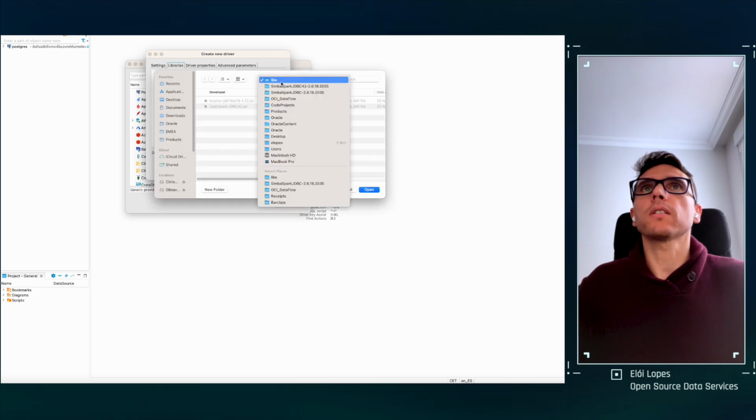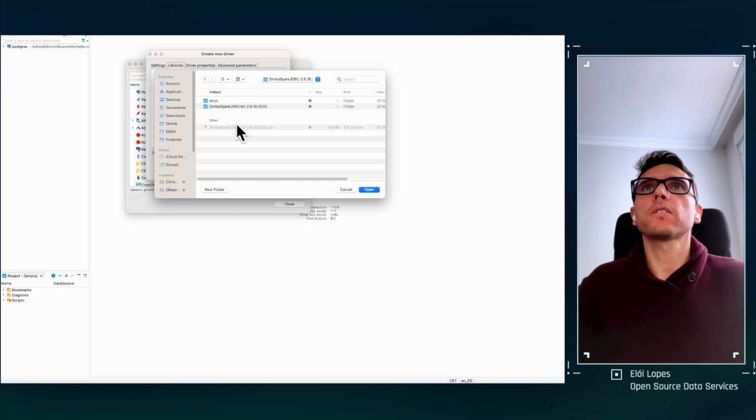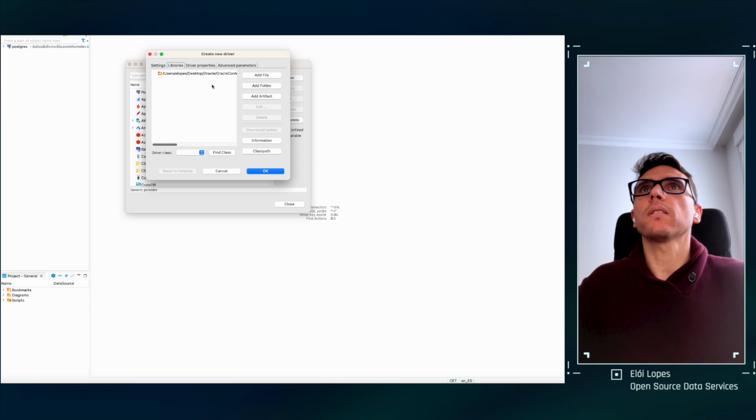Okay, so let me just go back. This is my folder, where I downloaded the JDBC driver, and after I unzip it to here, I just click on select that folder. Now since